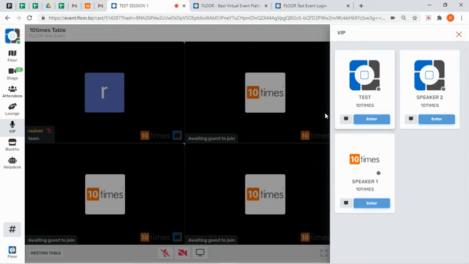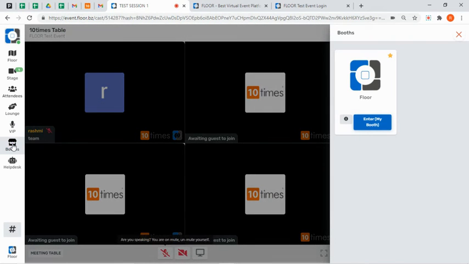The booths portion is very interesting, wherein you can enter any of the virtual stalls we have. For example, if you want to enter a booth, you can simply enter, see what all the handouts uploaded inside the booth are, and wait for the invite you will get from the booth owner's end to do a video interaction or a video meeting with that booth owner. So once you enter the booth, you will have to wait for the invite. Once you get the invite from the booth owner, you can talk to that booth owner.